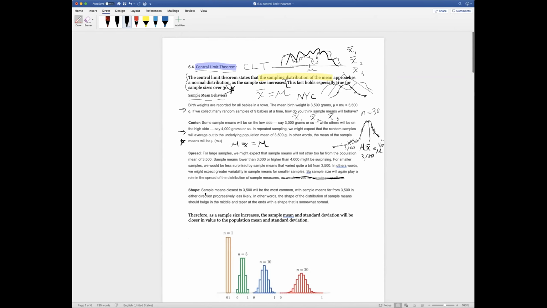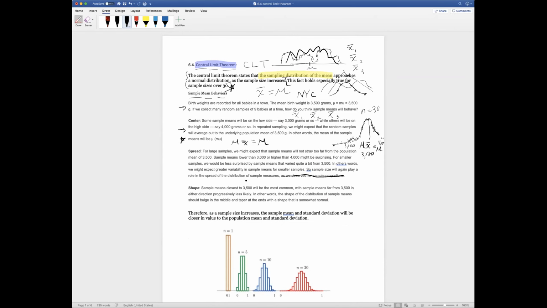I'm going to write that over here. So the standard deviation of our sample means is equal to the standard deviation divided by the square root of our sample size. And what this tells us is as we gather more information about our population size, as our n value increases, our standard deviation is going to decrease. So we're going to have less error, and our standard deviation is going to get smaller as we collect more samples. So the standard deviation of our sample means is equal to the standard deviation divided by the square root